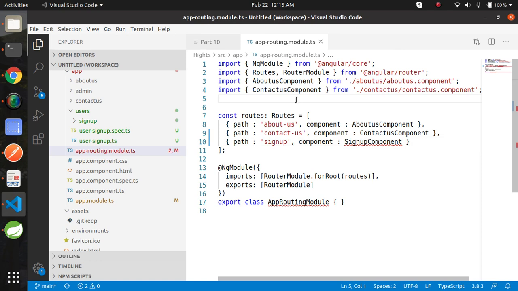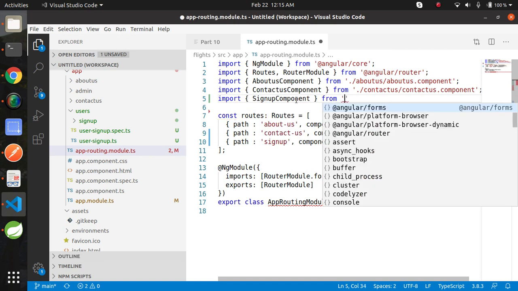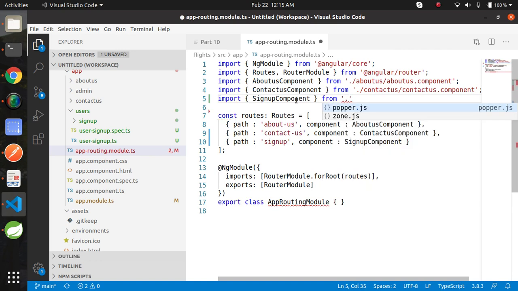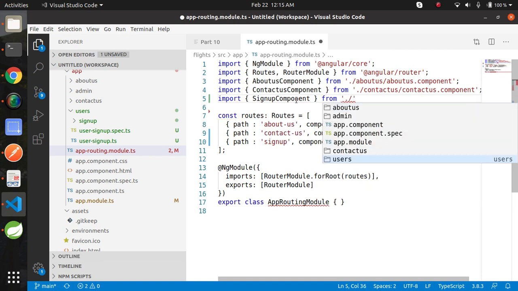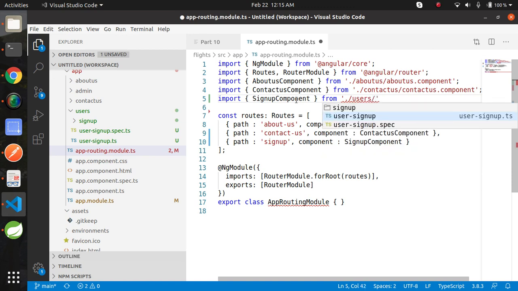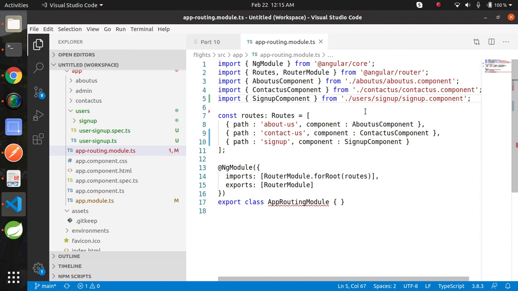Import sign up component. Now we have imported the sign up component.